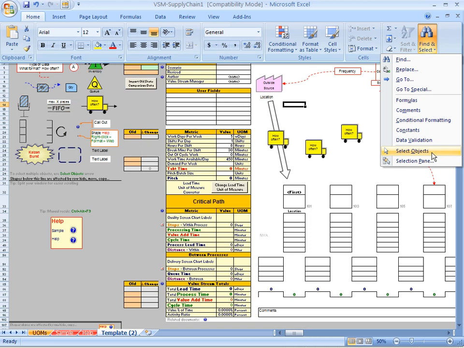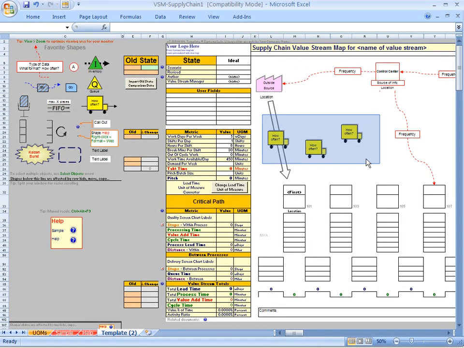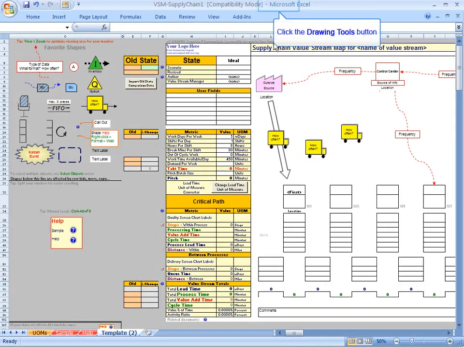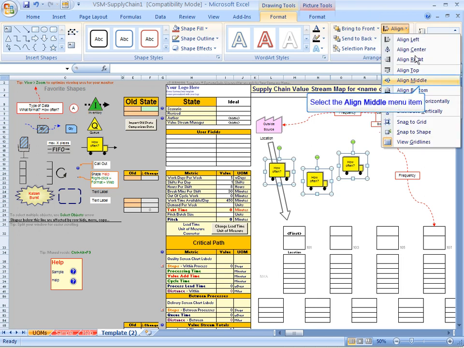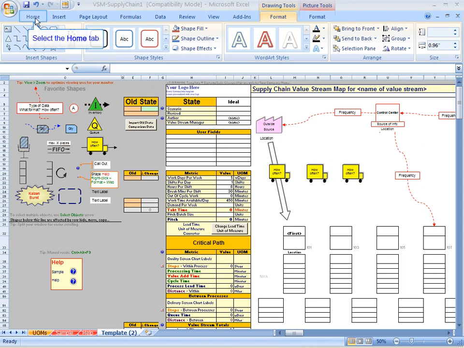Not only do you not have to be quite so precise about hovering your mouse over the edge of a shape, but also you can drag a box around an entire group of shapes, and it selects everything within that box. And then you can select the Drawing Tools tab that always appears whenever you've got any object selected to do things like align your shapes or distribute them evenly or snap them to the grid or whatever you want to do with them. So that's a pretty cool feature, right?